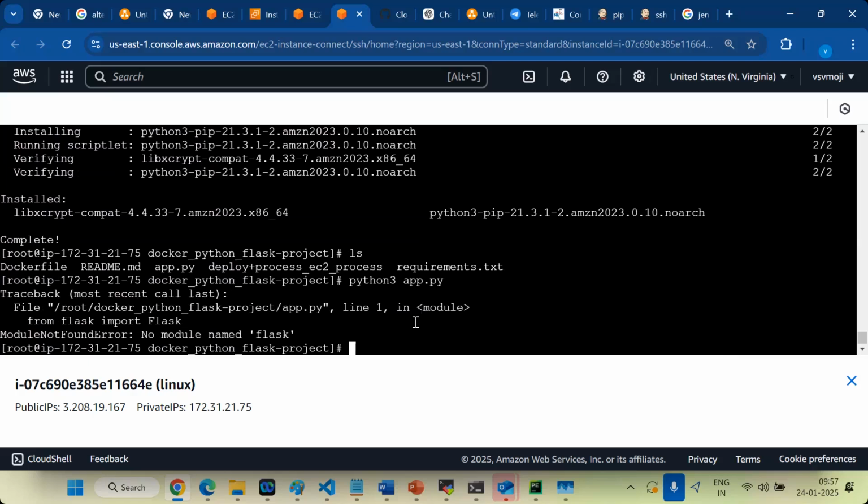Install Flask. The command is pip install Flask. See, as I said, the pip command is the package manager for Python, right? When I run this command,